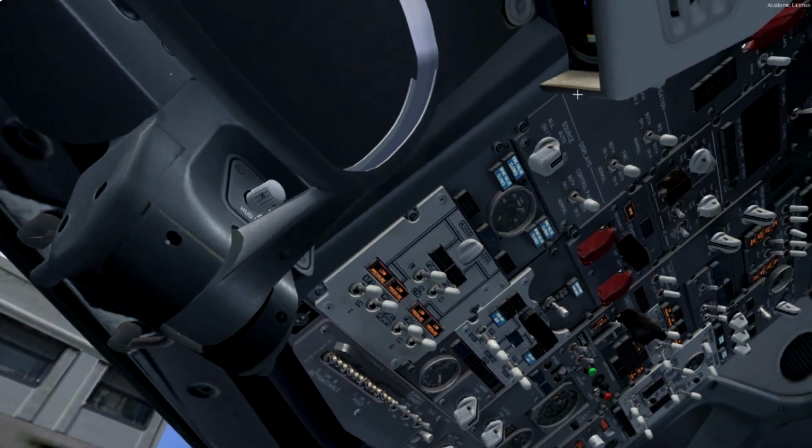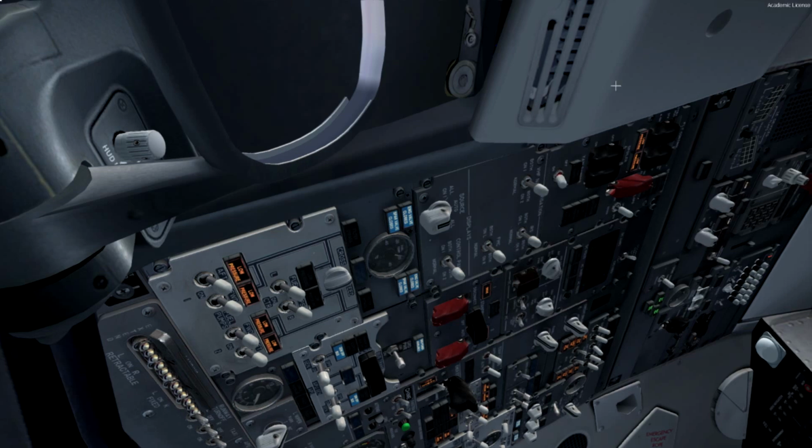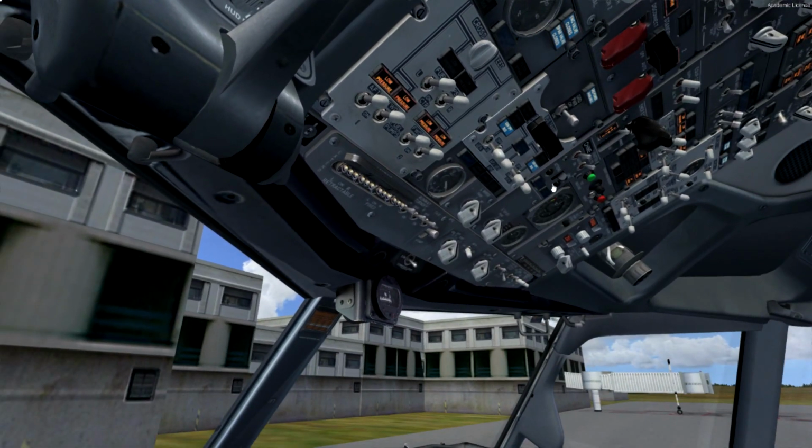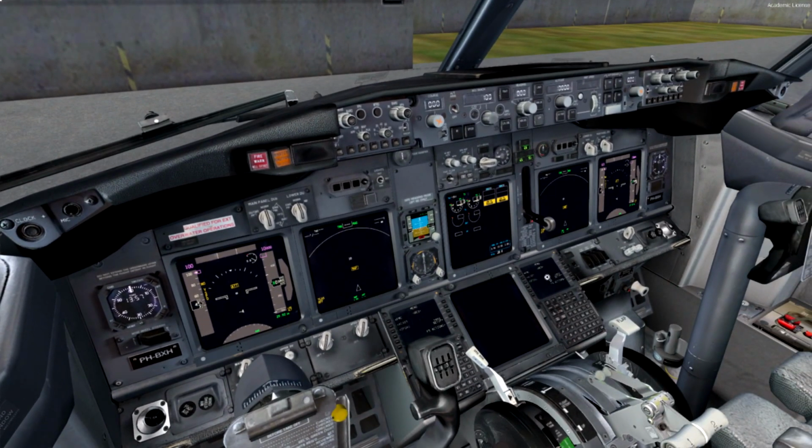So first things first, let's get that out of the way. We align the IRSs and turn on the yaw damper. There we go. We arm the emergency lights and turn on the seat belts. Oh yeah, and put that in auto. It's always in open, I think, but I will switch it to auto. And now we can go down here